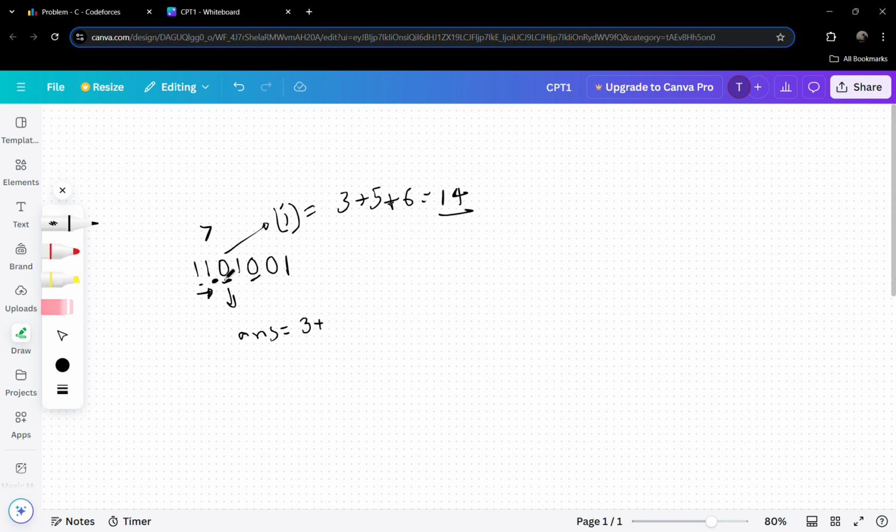But suppose I choose 3 for this, 5 for this, and 3 again for this, as 3 has vanished, then 6 will vanish. So 3 plus 5 plus 3, this answer will become 11. So this is definitely less than 14. So we have concluded that we have to optimize something. Okay, so